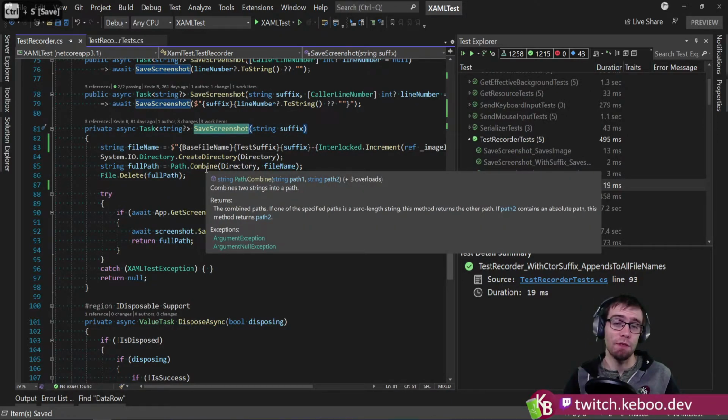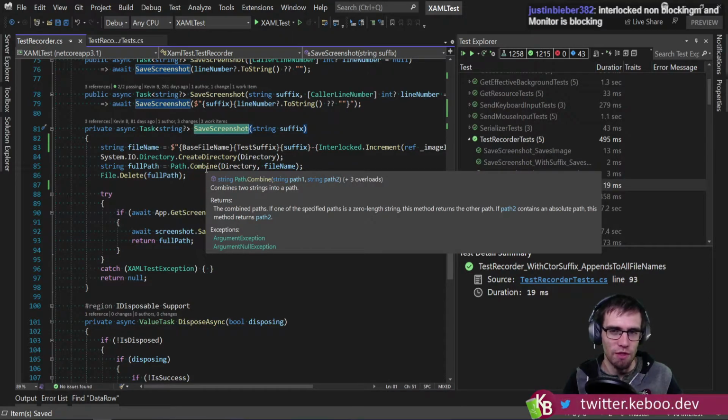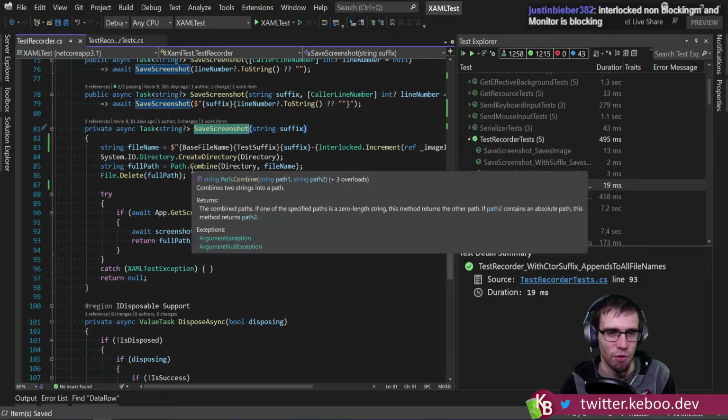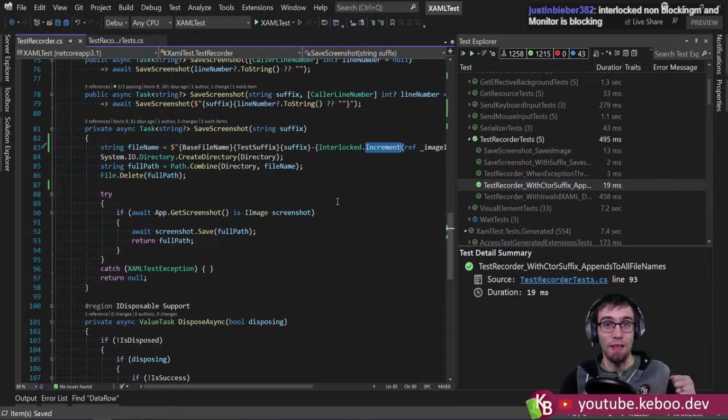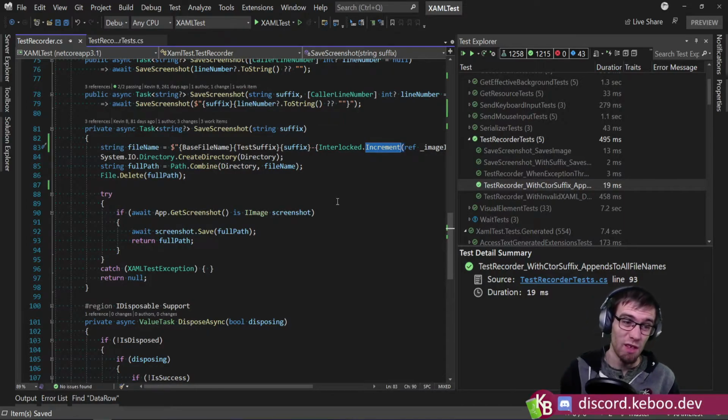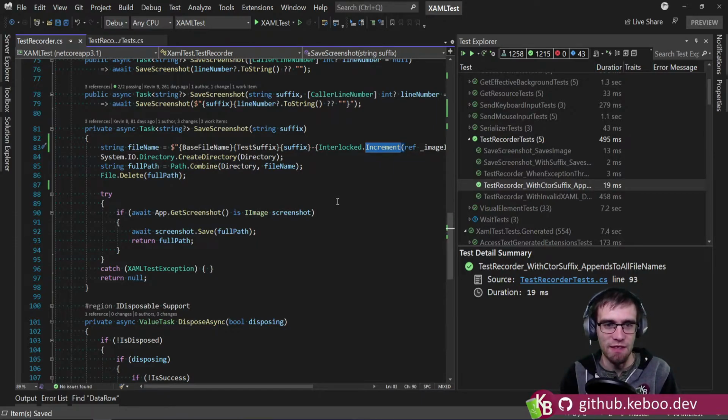In this case, I really don't think it's likely. I suspect I am one of the only users of this library, and it would be a coding mistake to share this instance across multiple threads. Interlocked is non-blocking, and Monitor is blocking. Because Interlocked doesn't require obtaining a lock, it's really, really fast. It also lets you do multiple operations as a single atomic operation. So something like plus plus, which could theoretically be problematic, Interlocked can make sure is one atomic operation,